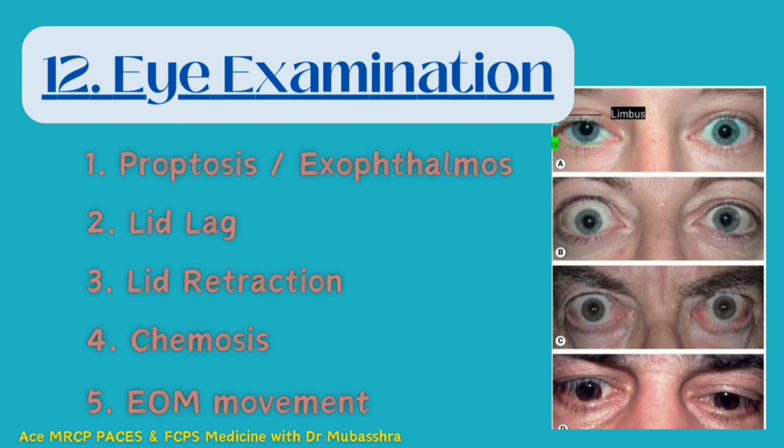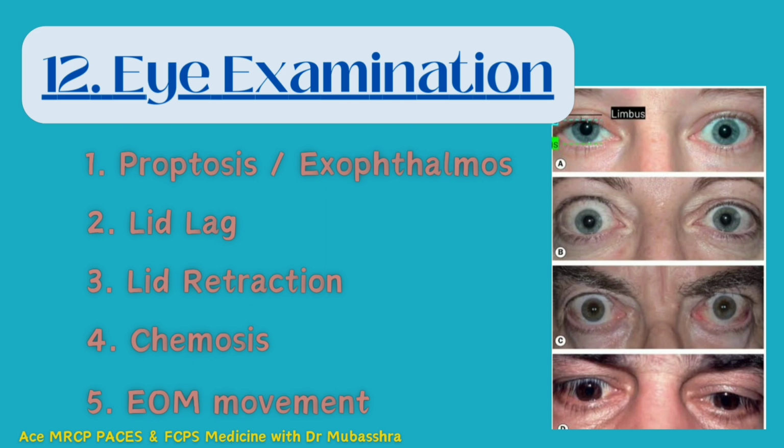You will ask the patient to follow your finger up, and when you bring your finger down, the patient's lid will be hanging up. This is called lid lag. Then lid retraction, that is the upper part of the white sclera will be visible. Then chemosis, that is redness, swelling or discharge, and extraocular muscle movement, that is the H movement, and ask for any kind of diplopia on extreme gaze, and look for ophthalmoplegia and even nystagmus as well